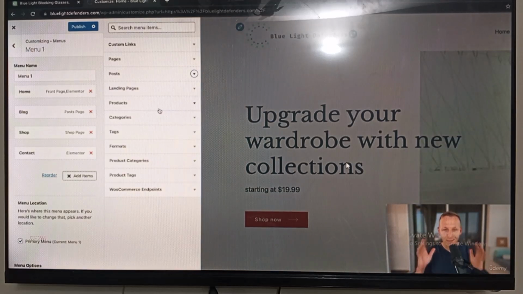Most of the time, you're going to want to add pages onto the top. Now let's talk about the order. In my opinion, the order should come in order of importance. The first thing should almost always be home, because your home page is your main sales page, and that's where most people are going to land, and that's what most people are going to default to when they're looking at a menu. So I recommend keeping home first, and then putting shop as the next page, and then blog, and